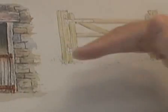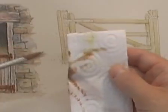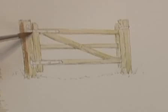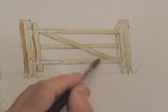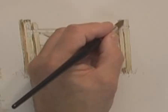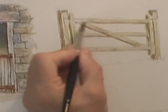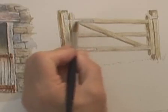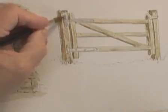I'm going to say that the light's coming from the right, so to give a subtle shadow, I'm just using a little bit of burnt umber. I've taken most of the water off the brush. You see, it gives a texture at the same time as creating the nice shadow effect. Right, we'll just distress the post at the top there, because the rain will run on that and gradually rot the top of the post away, so you'll get a lot of moss around there. And you can see that's given that nice blue-grey that you get on a relatively new galvanized